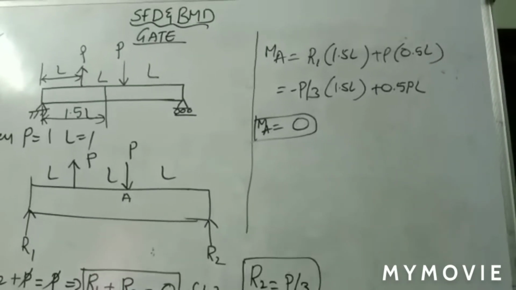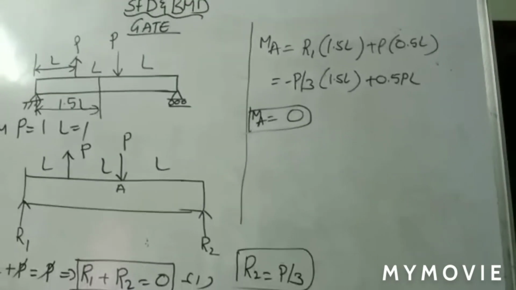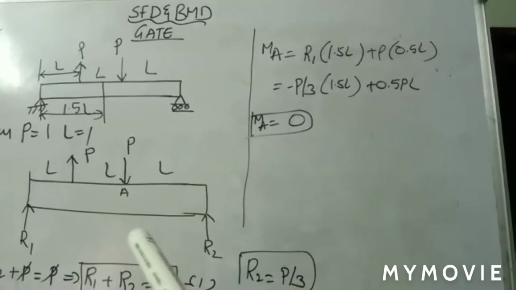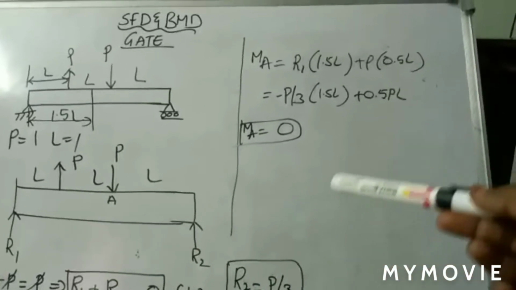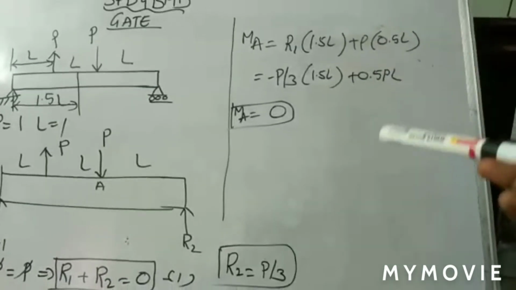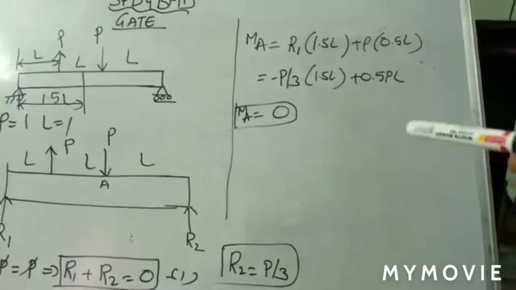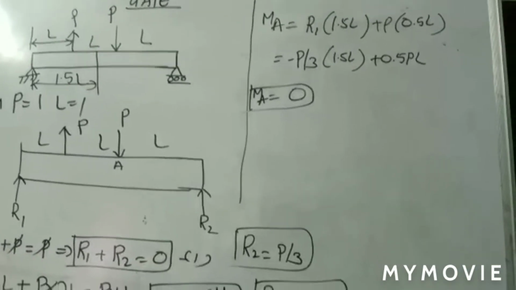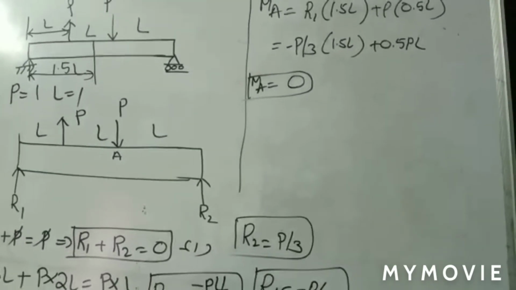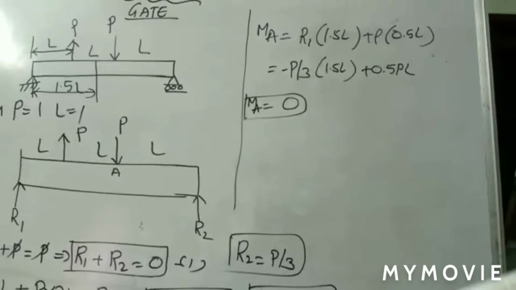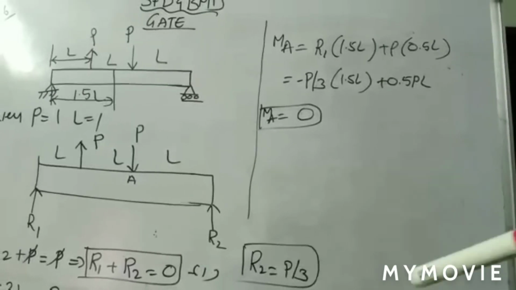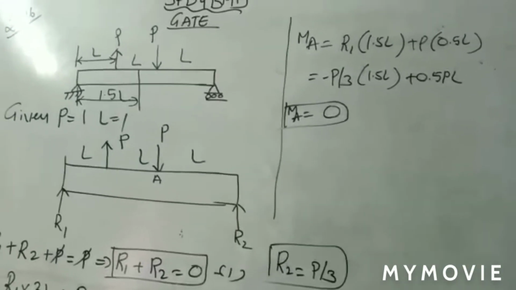Now calculating the moment of force with respect to that particular location, I am assuming point A, taking point A at a distance of 1.5 into L. Now take the forces: moment of force is force into perpendicular distance, R1 into 1.5 L. Next, P is also a clockwise moment, so P into 0.5 L, not 1 L, because the total distance is 2L and we are considering up to 1.5, so it is exactly at the center, so you are having only 0.5. So R1 into 1.5 L plus P into 0.5 L. Now calculating all those values, you will get 0.